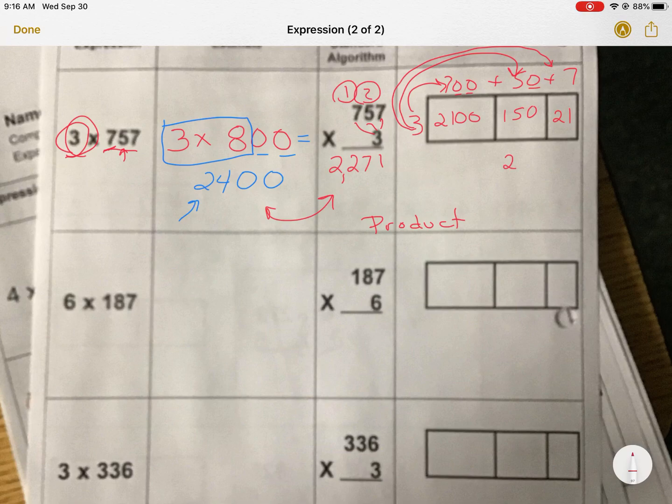I'm going to pull them out, line them up, and add them. And I get the exact same product, which is good. If I don't, I've made a mistake somewhere. So if this product is different from this one, then something's wrong, okay? That's why I put down at the bottom of the page,